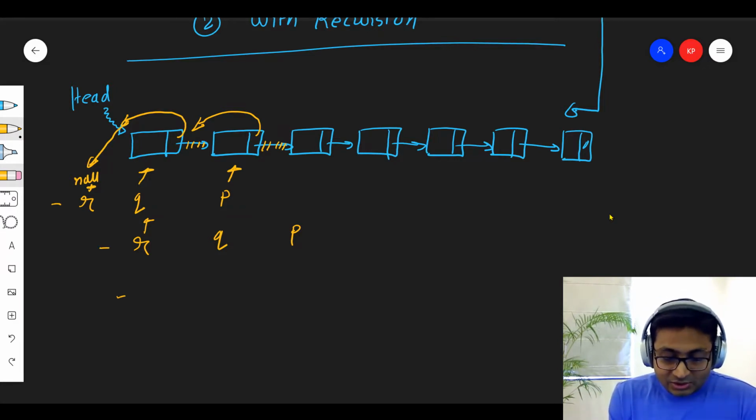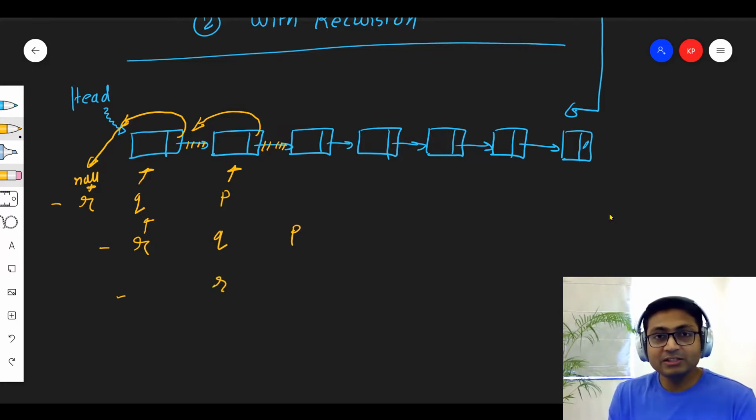Again in the next iteration, my R will be Q. So how to increment these pointers to the next node? Simply R is equal to Q, Q is equal to P, and P is equal to P's next, isn't it?